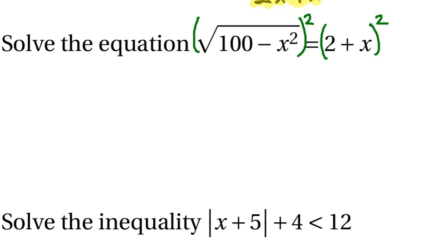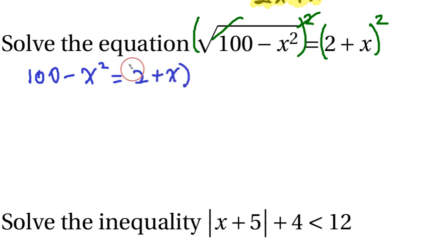And what that's going to do is ultimately cause this radical and this exponent right here that I just added to cross out. So it's going to leave me with 100 minus x squared equals 2 plus x, and then the 2 plus x still has its square. Now, if I take a look at how to actually deal with this 2 plus x squared, I can't just